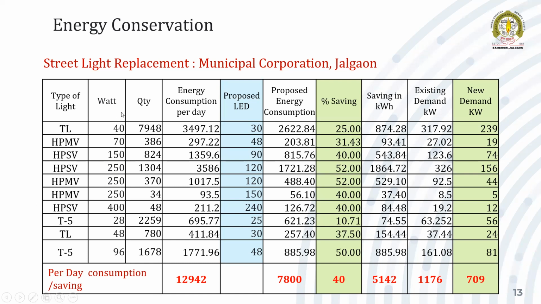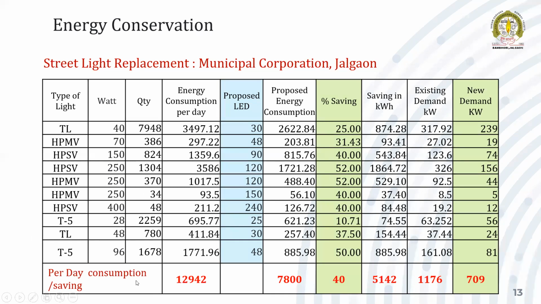Earlier, in the old establishment in the corporation, there were different types of street lights: tube light fittings, high pressure mercury vapor lamps, high pressure sodium vapor lamps, some T5 fittings, simple tube light fittings, and these are their quantities. This is the wattage of the lamp. It may be 70 watt HPSV, 150 watt, 250 watt, 400 watt, and their quantities. Energy consumption, as per this,